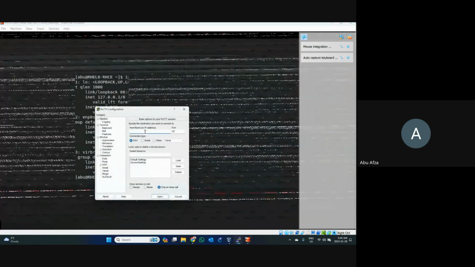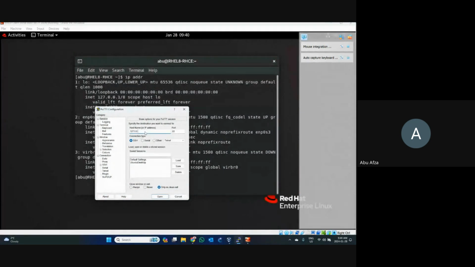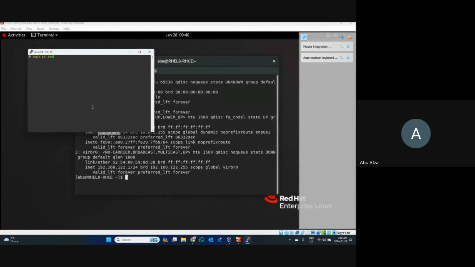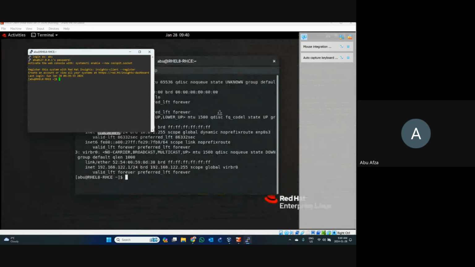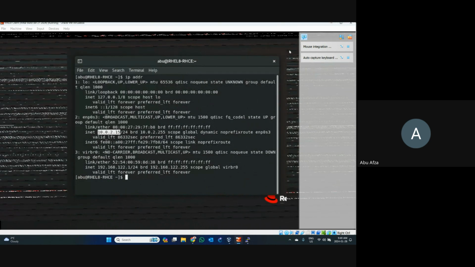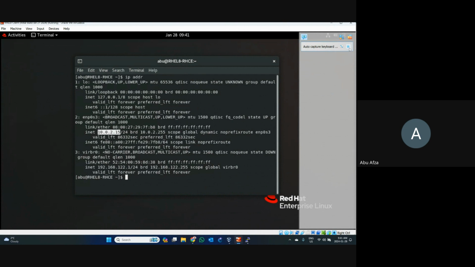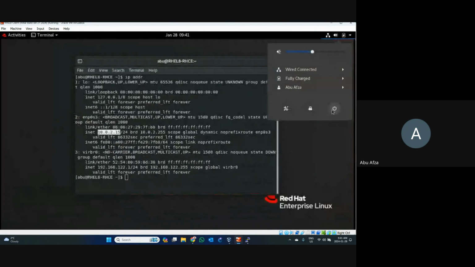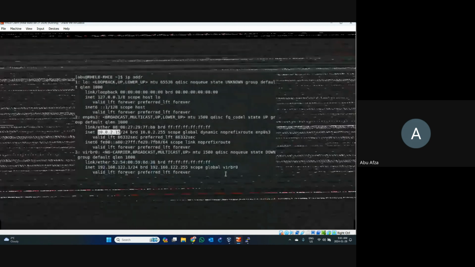As far as I know, 127.0.0.1 is our client version, and I can connect with that one. My username is Abu, and the password is password exclamation sign. Okay, I can log in. So I want to shut down this one. I don't know what happened here. Somehow that one is not working perfectly. Okay, I want to shut down this operating system, and I want to work with that one in the background.